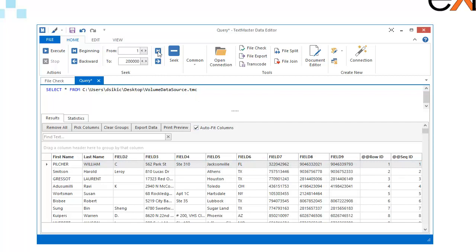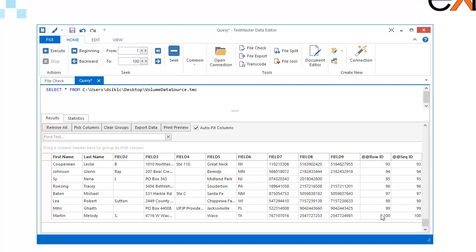But to show you the seeking, if we wanted from 1 to 100 results, we could put that here, click Seek, and we have the line number 1 through to 100. If we want it to display all 2 million, we can, but it will take some time. By default, it does go in these 200,000 record increments just to save on memory. So that being said, if we were to go to the end of the file, which is this one, go to end,